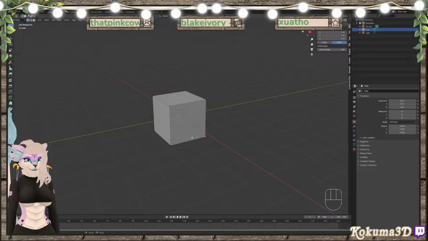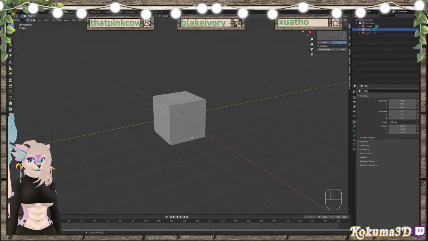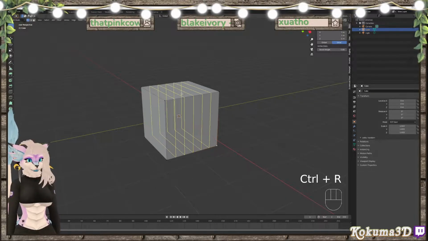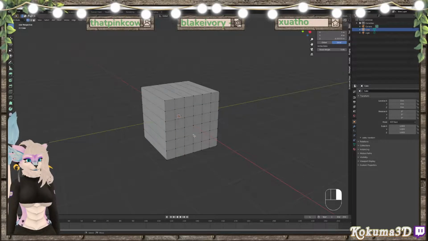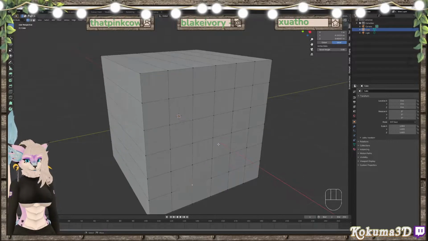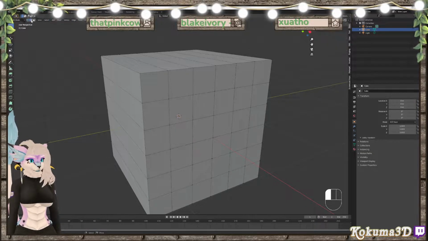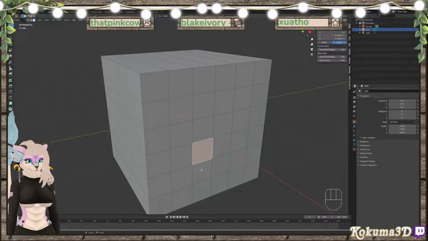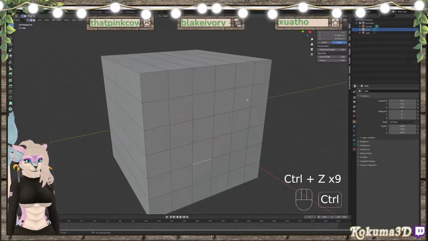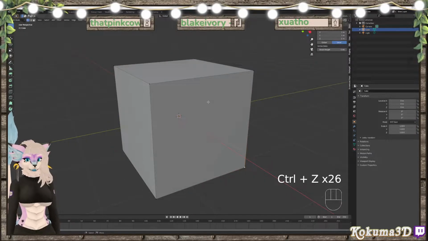Which kind of brings us into what topology is. Topology is basically the array of how your vertices, edges, and faces are all set up. So you have your vertices, which are the dots, your edges, which are the lines here, and your faces, which are these full squares here. I'm going to go ahead and undo that because I don't want these on here for what we're making today. But